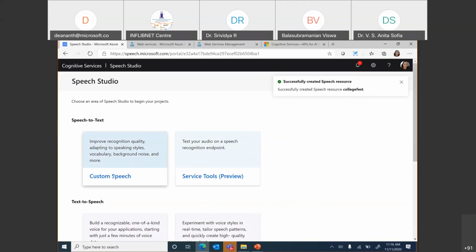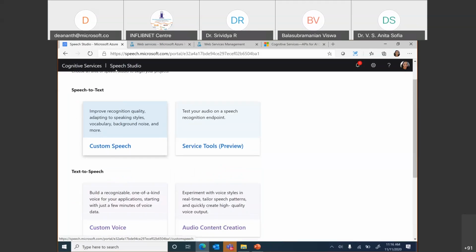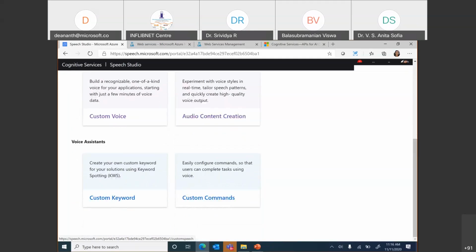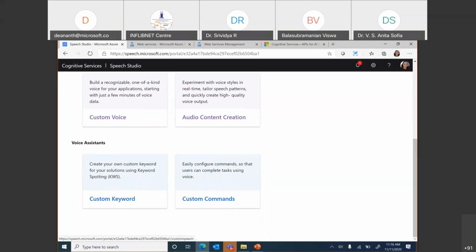You can do custom speech. That means if there are 3-letter acronyms that are being used in the airline industry, like the seats are called Alpha and Delta and so on, or if you want to see what the medical fraternity is using, you can do the languages. You can also look at if there is a constant noise in the background. If it's a manufacturing industry and there is constant shuttle going from one place to another, or if it's a call center industry and there is constant noise in the background, you can build an acoustic model to ignore that. So it will actually understand when something is put on hold, how it is put on hold.